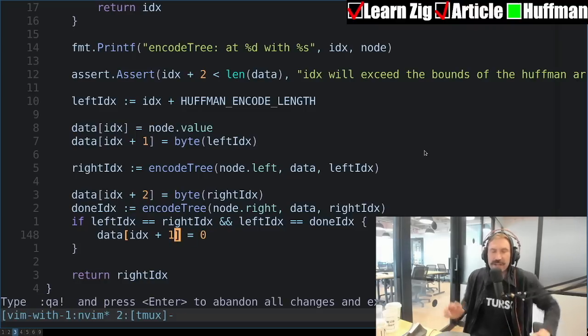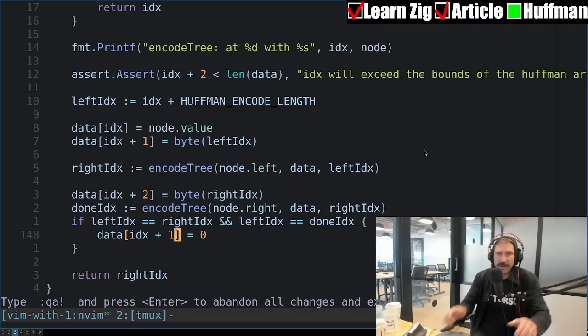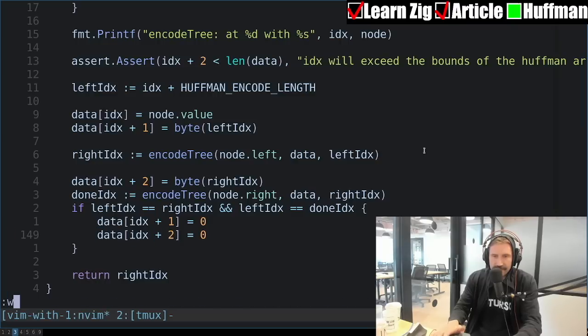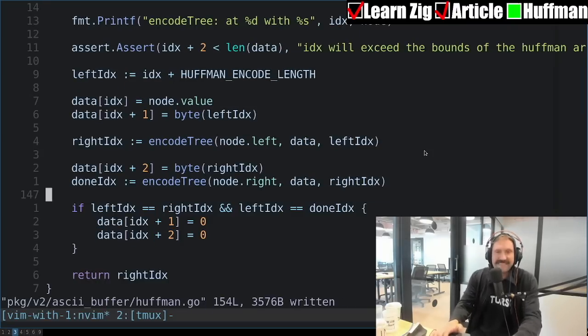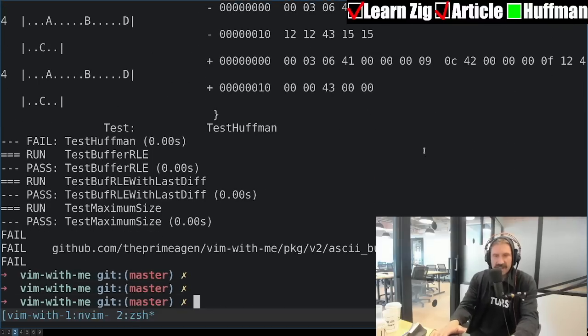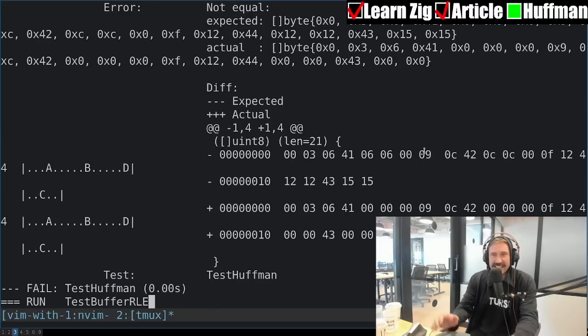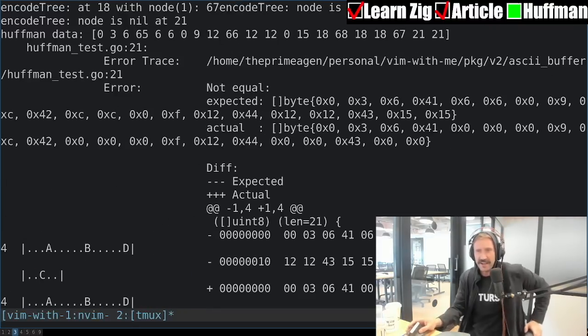I mean, I could change my data also, but I want this. Oh my goodness. Because that's it. Everything else is correct, right?